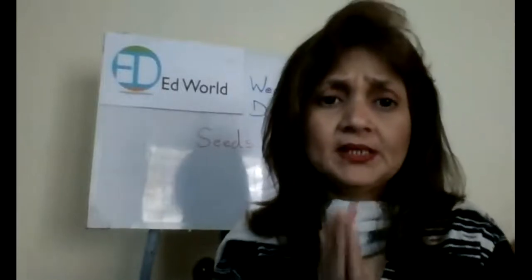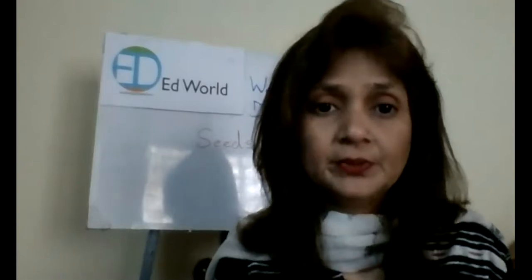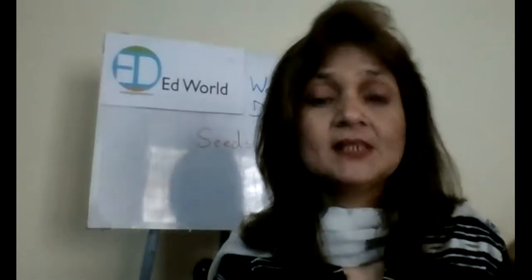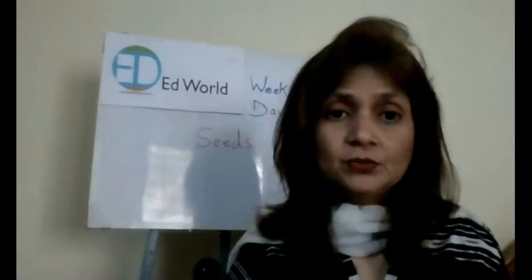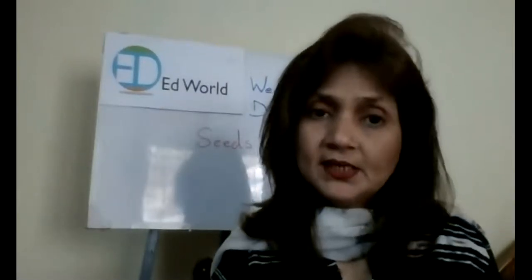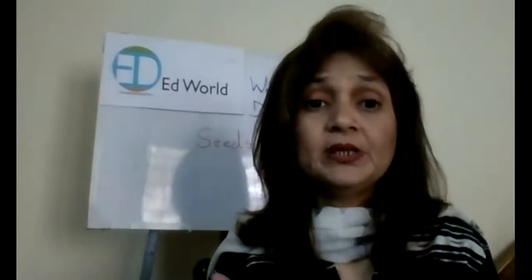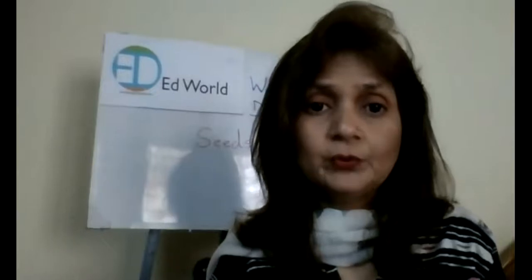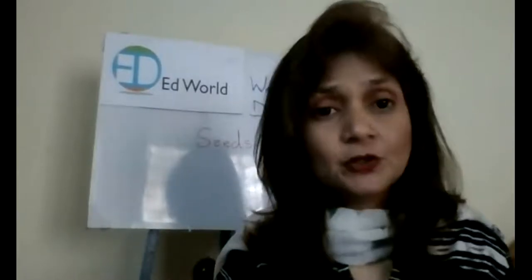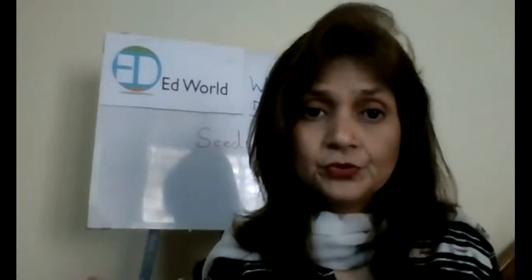What is the topic that is going on in this whole week in science, which you are doing? It's about fruits and seeds. We are learning about fruits and seeds. And what did we do yesterday? Yes, we learned about kinds of fruits. There are lots and lots of kinds of fruits in the whole world. So we learned about kinds of fruits that are soft fruits, juicy fruits, hard fruits, right?